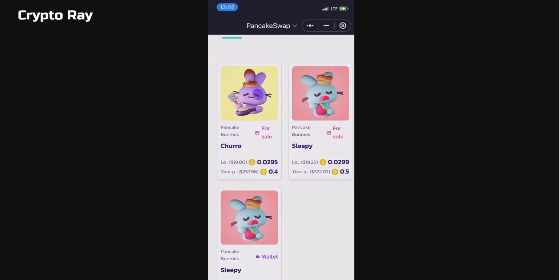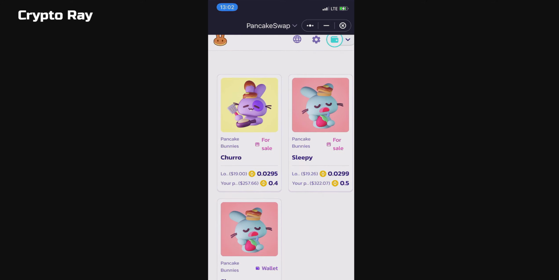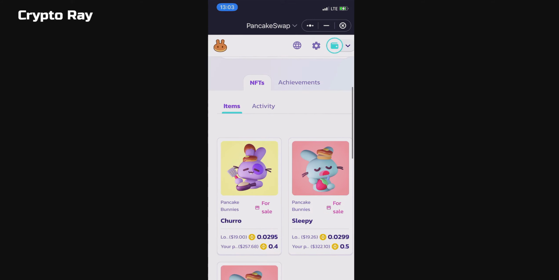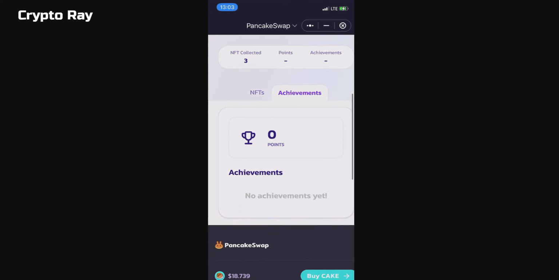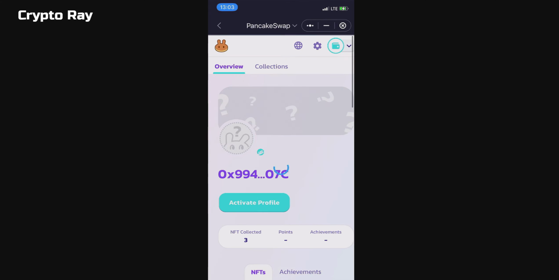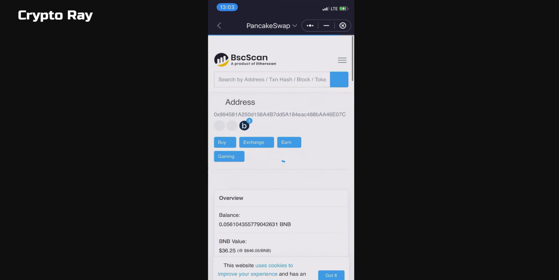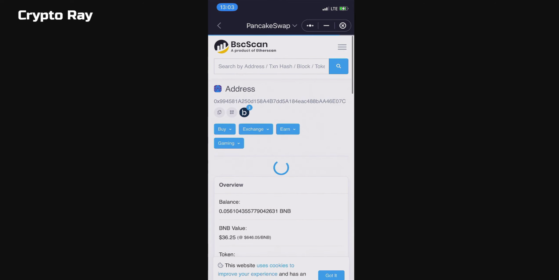Spent like $80, and right now I've listed the three for $322. This one is 257, and the other one was about 257 as well. But that one has been sold out. You understand? So now maybe you start selling, you start getting achievements, you start getting points and stuff like that. You start getting achievements and points. So those points will help you to